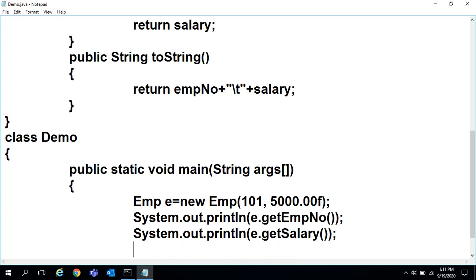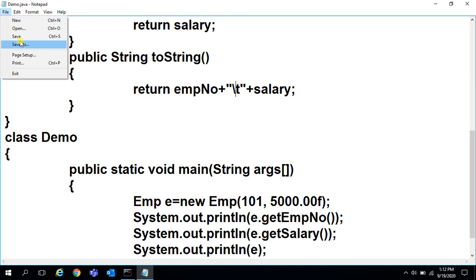If you want to call the toString method, you just need to pass the object reference as a parameter in the println method. The toString method is called implicitly. Now if I compile and execute, the output will be employee number 101, salary 5000, and e means the toString method is called implicitly, with employee number, tab space, and salary 5000 printed.